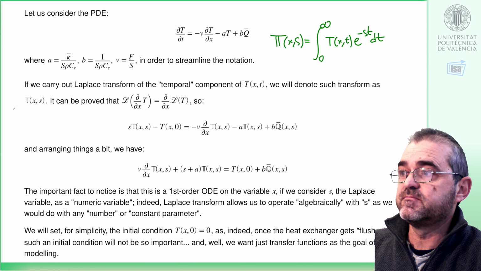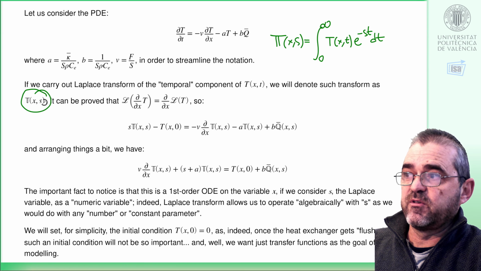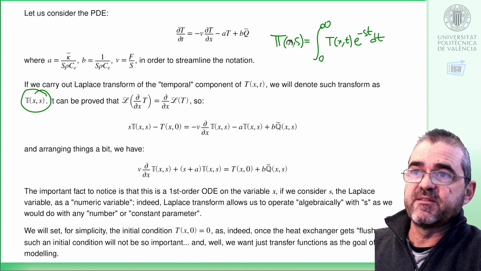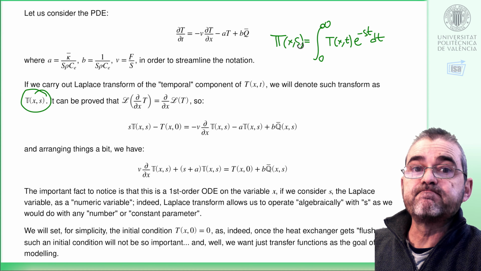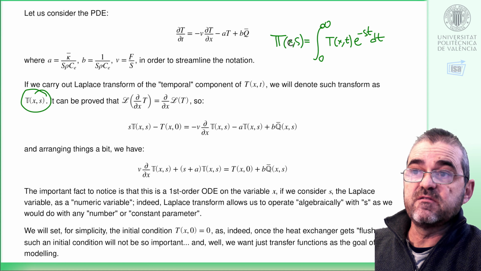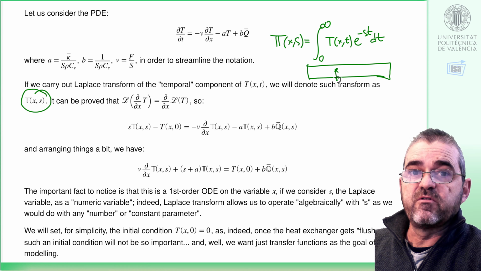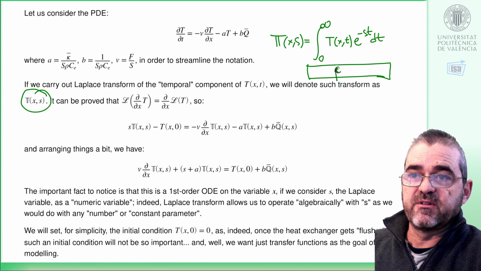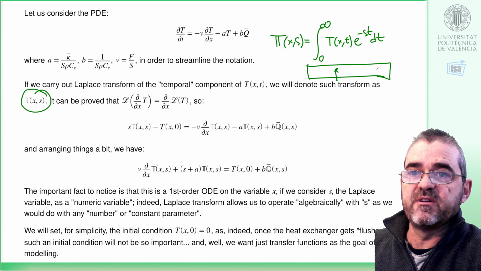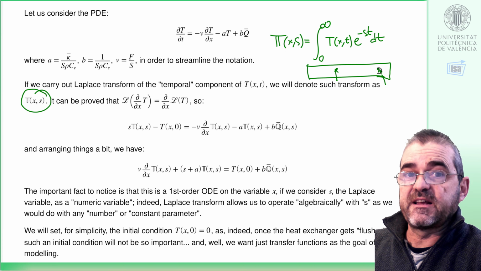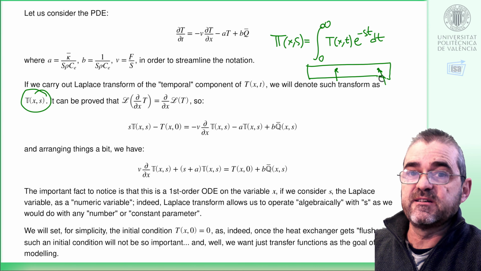So we get some T in black bar font representing the Laplace transform of the time component at each different position. So we have one Laplace transform for each position in the pipe, so the Laplace transform of temperature here will of course be different to the Laplace transform of temperature here,